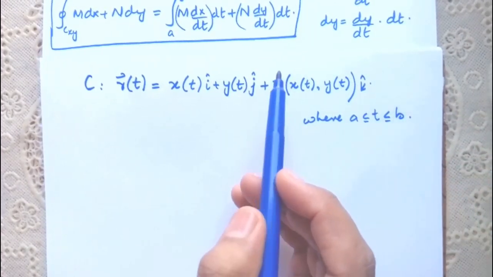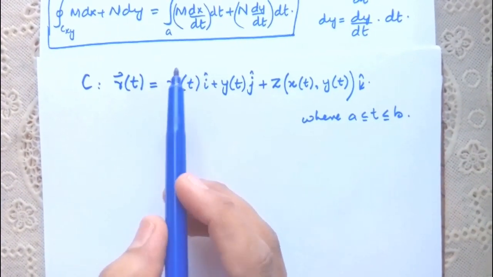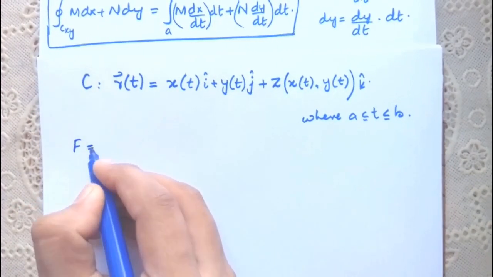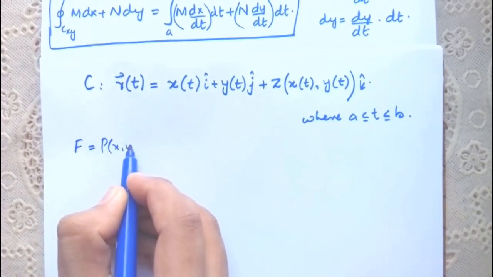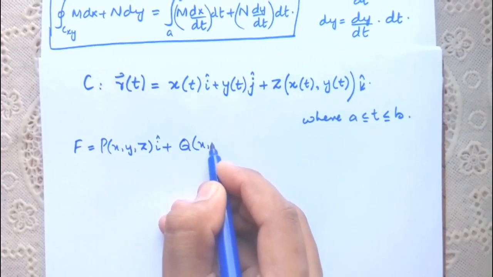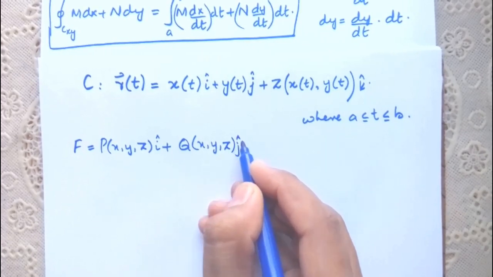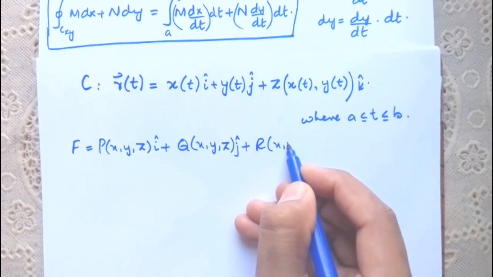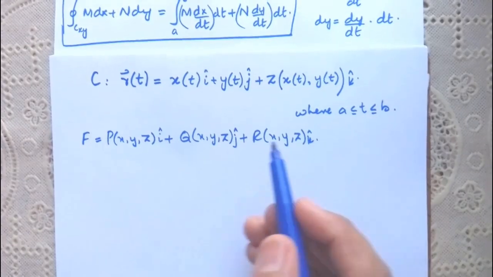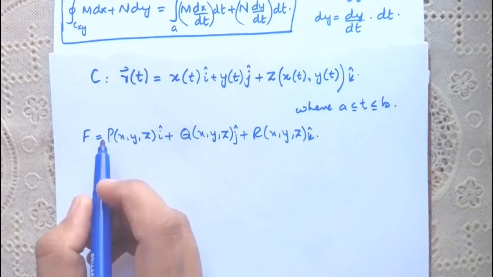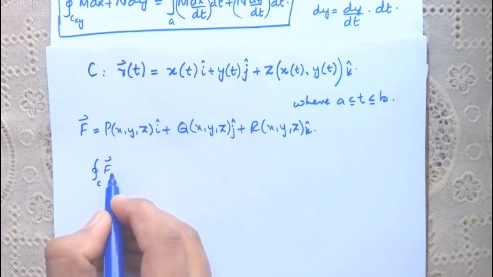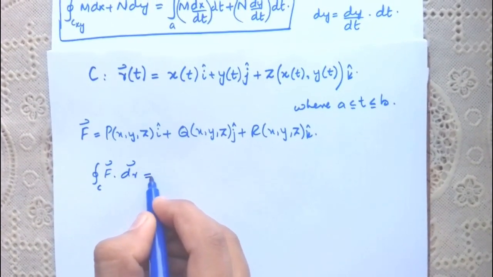Now again evaluate the line integral of a vector field f over this curve C. So f is equal to p of x y z i cap plus q of x y z j cap plus r of x y z k cap. It's a vector field. So the line integral over the curve C of a vector field f dot dr is equal to,